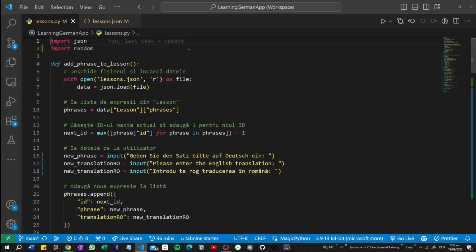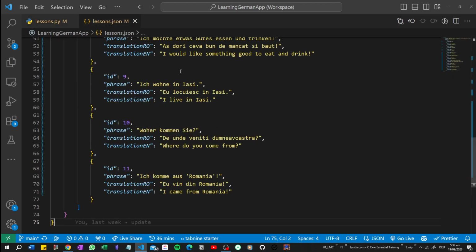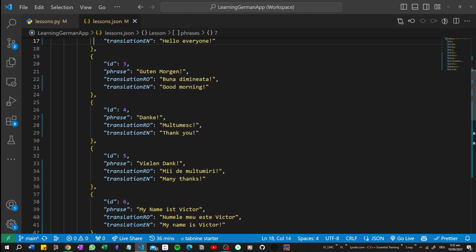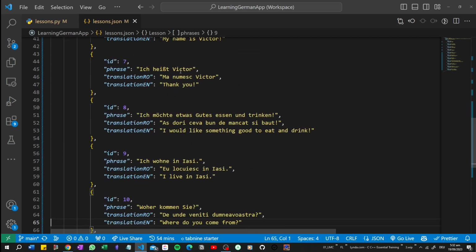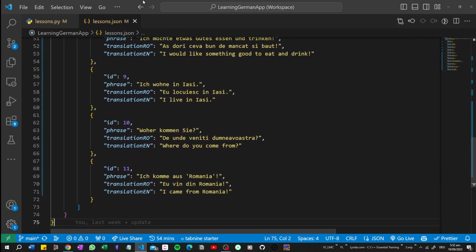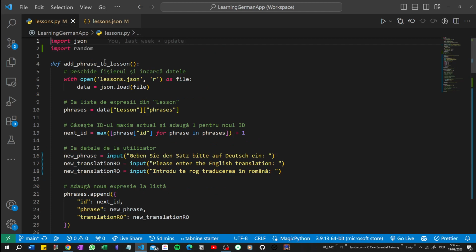I've made a Python program to learn German actually, and of course I would like to add all the phrases to a special folder. I mean to a special file. No, they are not from this lesson. The idea is that I have